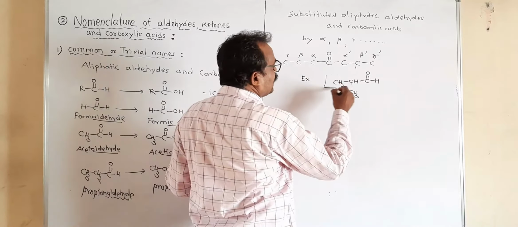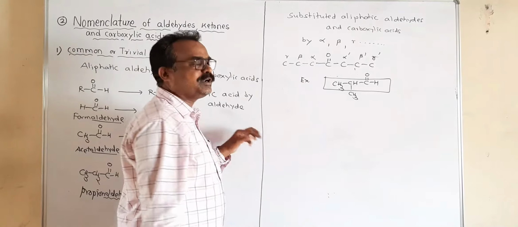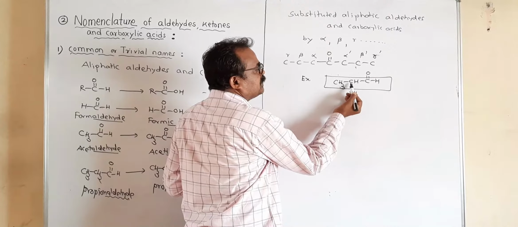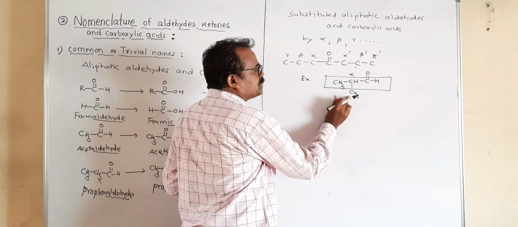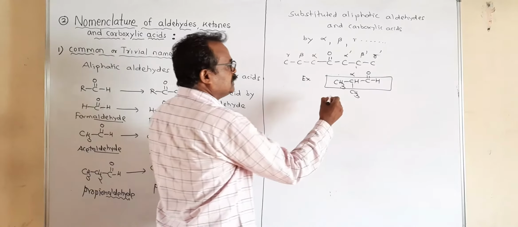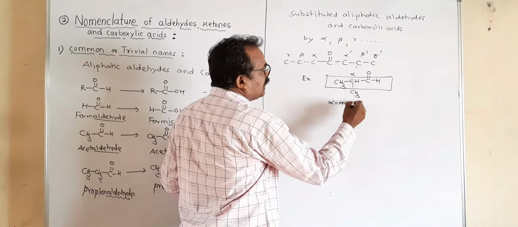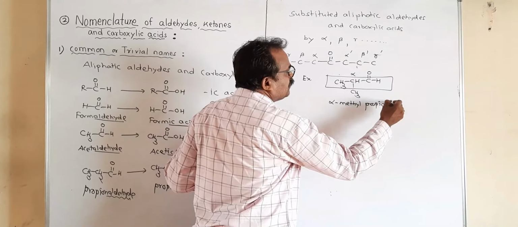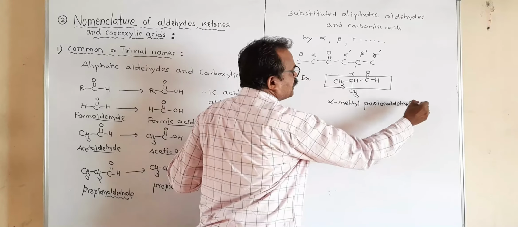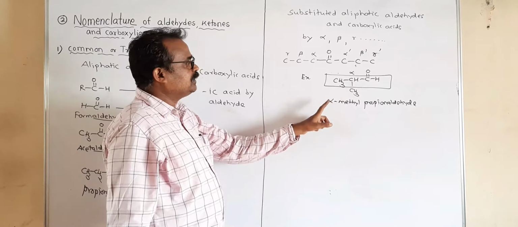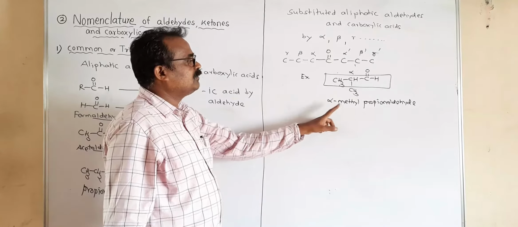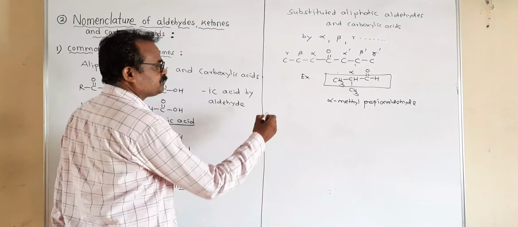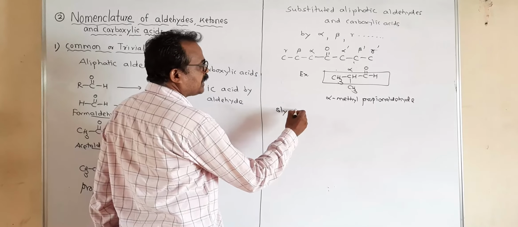this isobutyraldehyde common name is also written in this way. This is the carbonyl carbon, the next carbon is the alpha on which the methyl group is attached. Therefore, this is known as alpha methyl, and the 3 carbon aldehyde is called propanaldehyde. So this isobutyraldehyde common name is also written as alpha methyl propanaldehyde. Similarly,